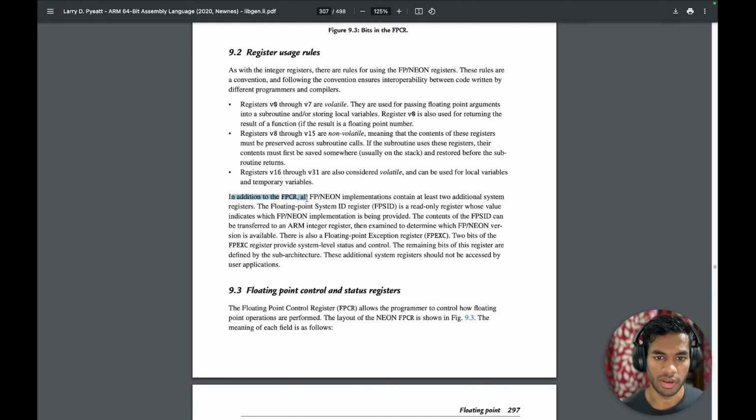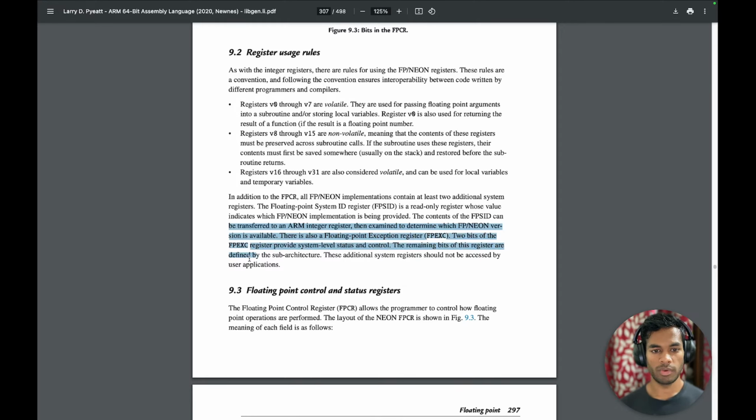In addition to the FPCR, all FP Neon implementations contain at least two additional system registers. The floating point system ID, FPSID, is a read-only register whose value indicates which floating point Neon implementation is being provided. The contents of the FPSID can be transferred to an ARM integer register, then examined to determine which FP Neon version is available. There is also the floating point